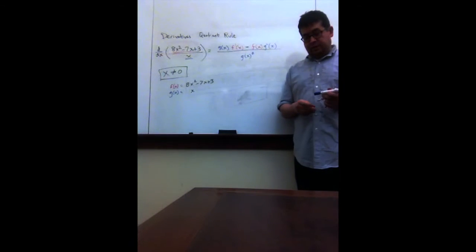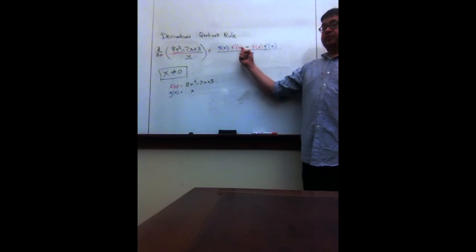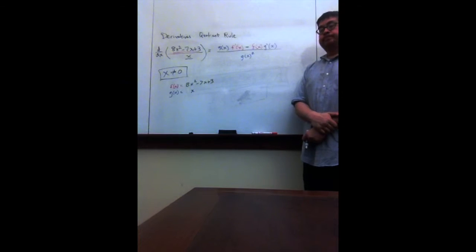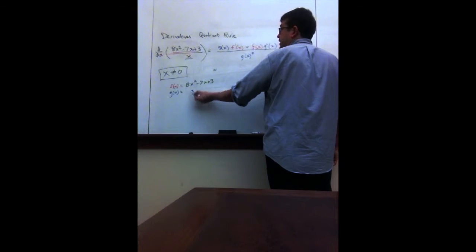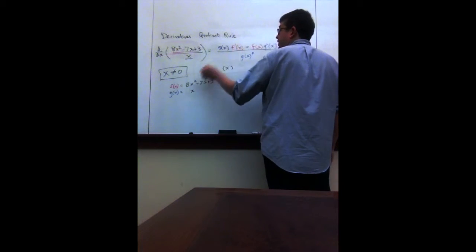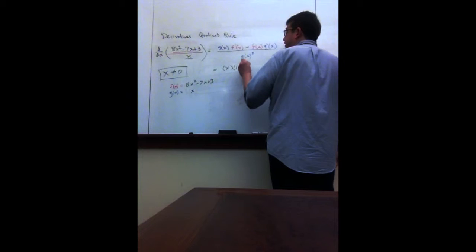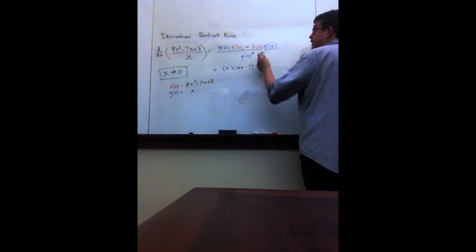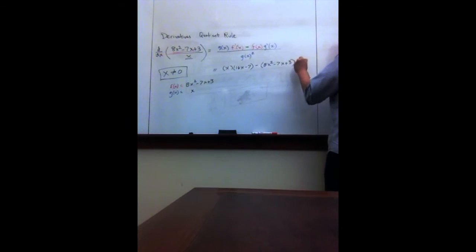So when we have a quotient, this will be my f of x over my g of x. We use the following rule that's good to memorize. It's bottom times derivative of the top minus the top times the derivative of the bottom over the bottom squared. So here we go. First I'll write the function in the denominator was x. The derivative of the top is 16x minus 7. And that's all because that's a constant, that drops out. And then the top function was 8x squared minus 7x plus 3. And the bottom function was x, so its derivative is 1